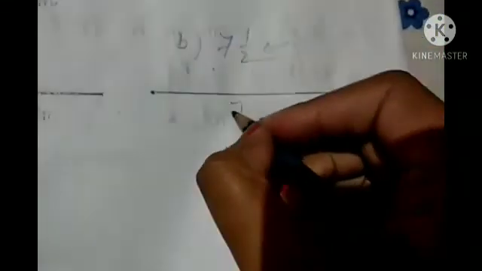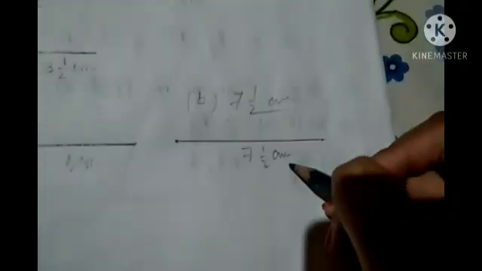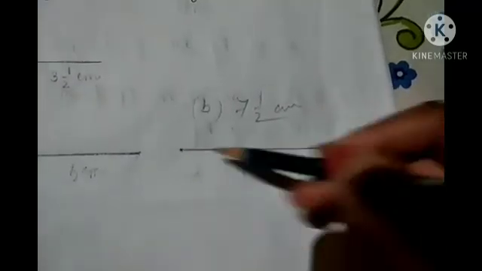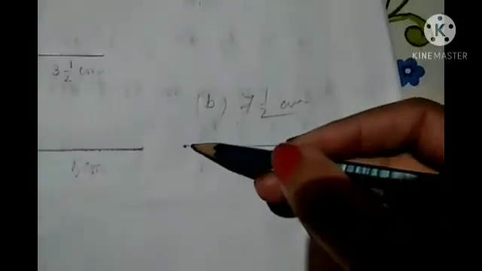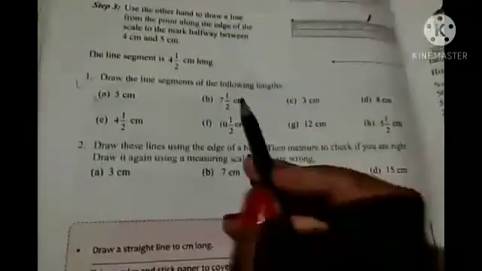So now we have to join these 2 points. You can see this point and this point. So we have to join it. So this is your 7.5 centimeter. Okay, so like this way you can write also. Okay, and you have to just by making these 2 points, okay, by joining them you can get the exact measure. So like this way you try to do it from your book, all this.